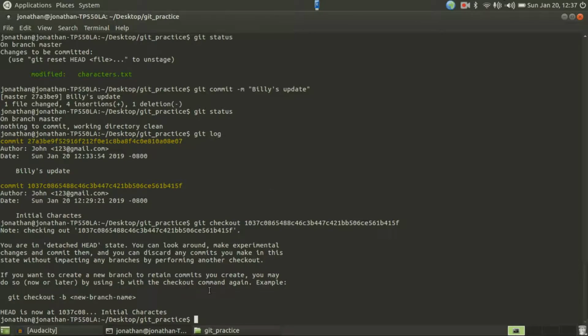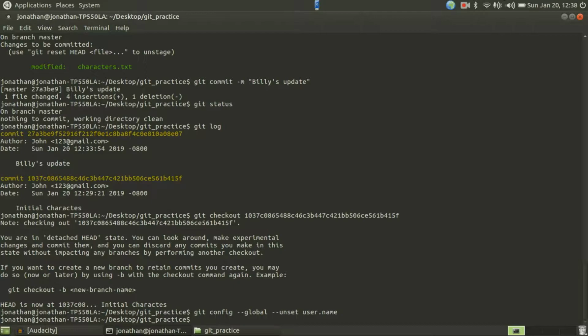One last thing before I wrap up is logging out. The way we can log out is we can use git config again, and we could say global, and we do unset, and then we say user.name. If I enter it and I do the same thing, but this time with email,